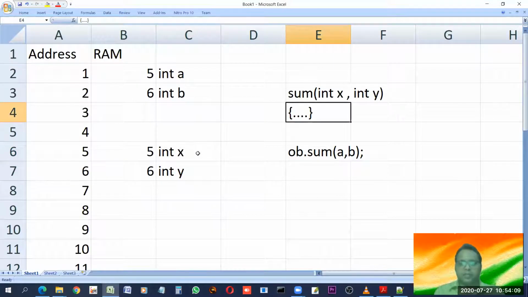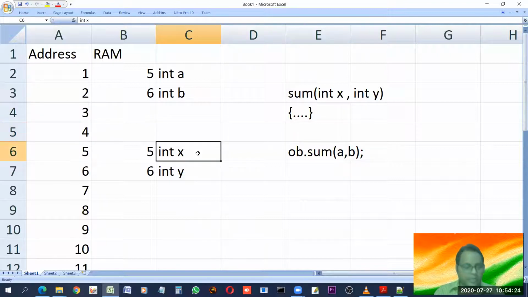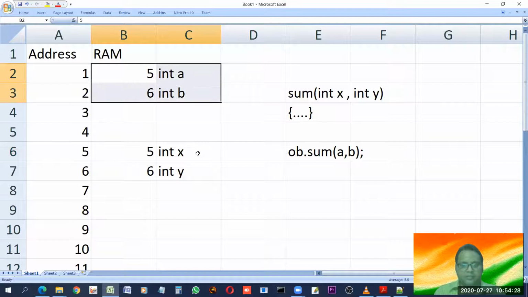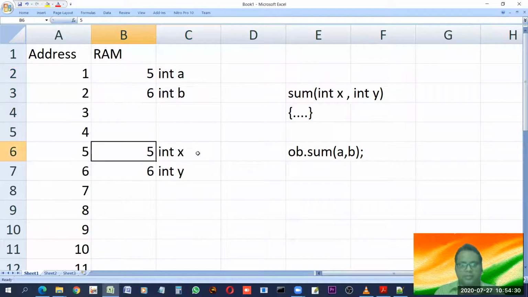Whatever happens with x and y inside the function happens with x and y and not with a and b. And that's why this technique is called pass by value. The value is passed, a copy of that value is passed. They are in different locations.